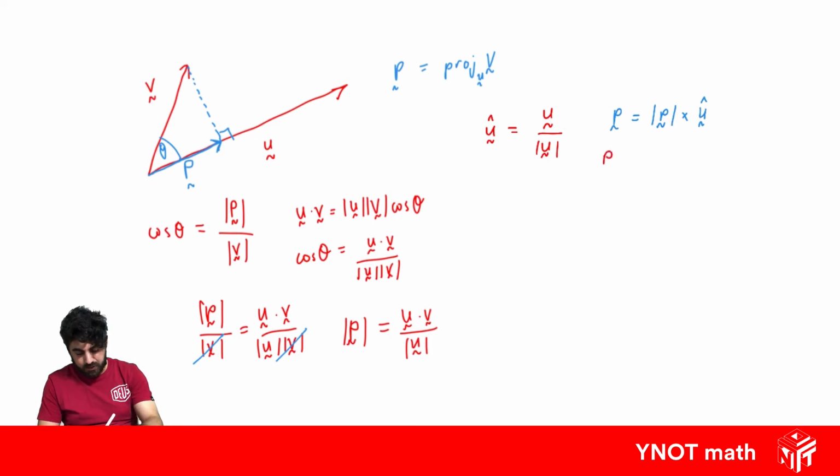So we can get an expression for p, saying we know the magnitude of p is the dot product of u and v over the magnitude of u, multiplied by the unit vector parallel to u, which is u over